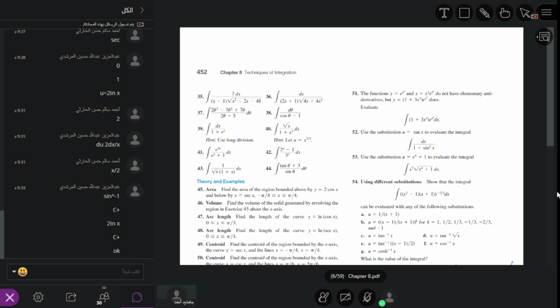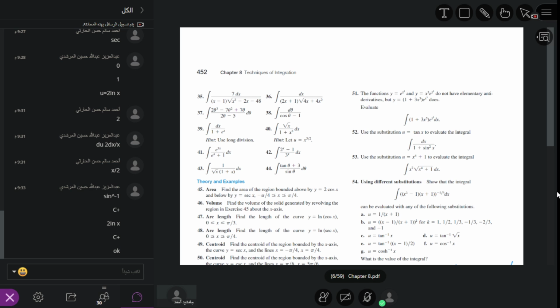Now here, first function same. Here we see x cosine x. What is f of x for this case? If we have x cosine x, we suppose that f of x is equal to x. What is now g of x? g of x is equal to cosine x. So what is the formula? Students, first function same.